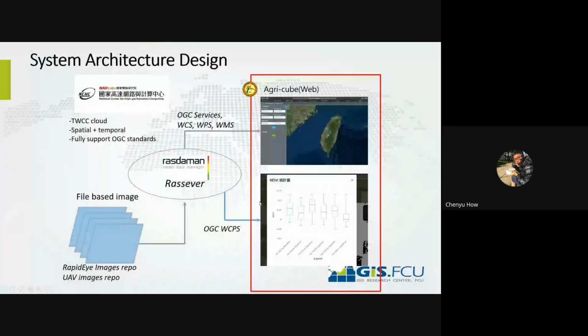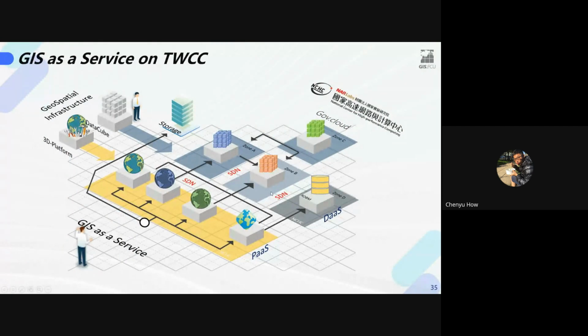And this is the idea that we propose to the public sector. This concept, so called GIS, is a service that's integrating the data cube and 3D platform into the NCHC supercomputer through a cloud architecture, which made the GIS, the data cube and 3D platform become kind of